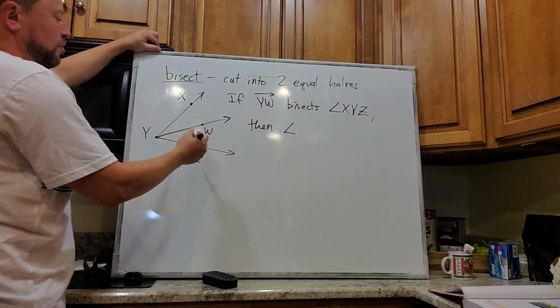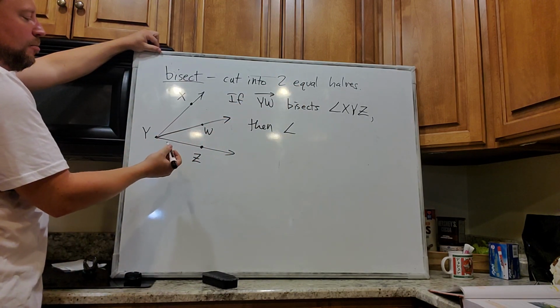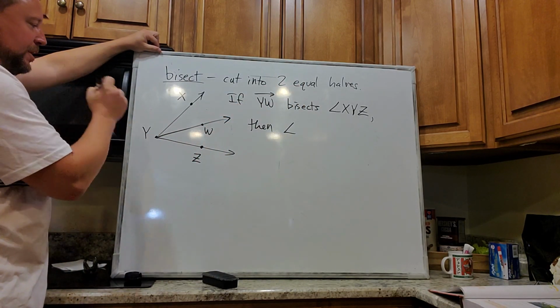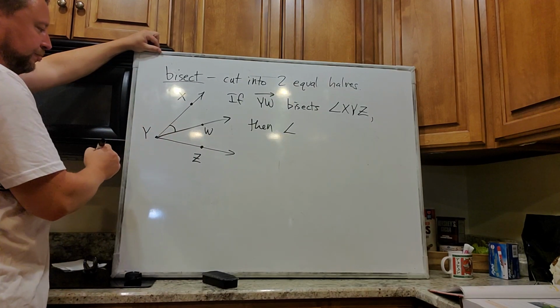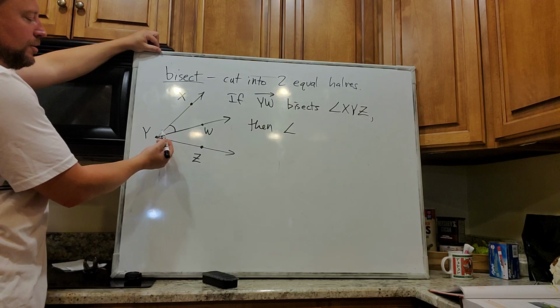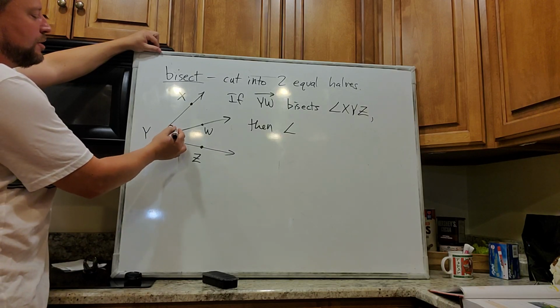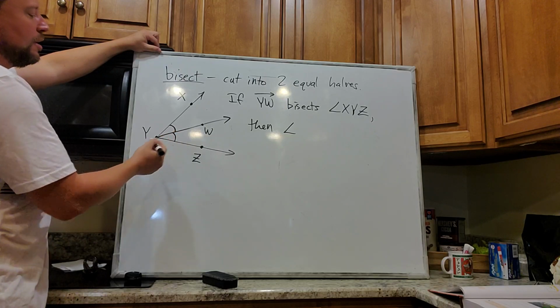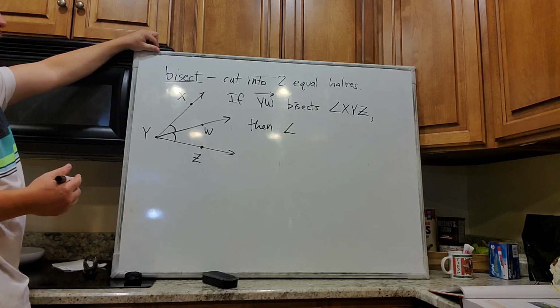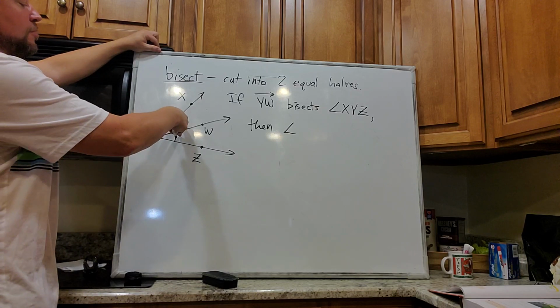They're going to be equal. To indicate that on a picture, whenever it comes to angles, we always mark angles with little arcs right down by their vertex. So if I mark this with a single arc, and then I mark this one with the same single arc, that is an indication that I'm trying to tell you in this picture that those two halves are going